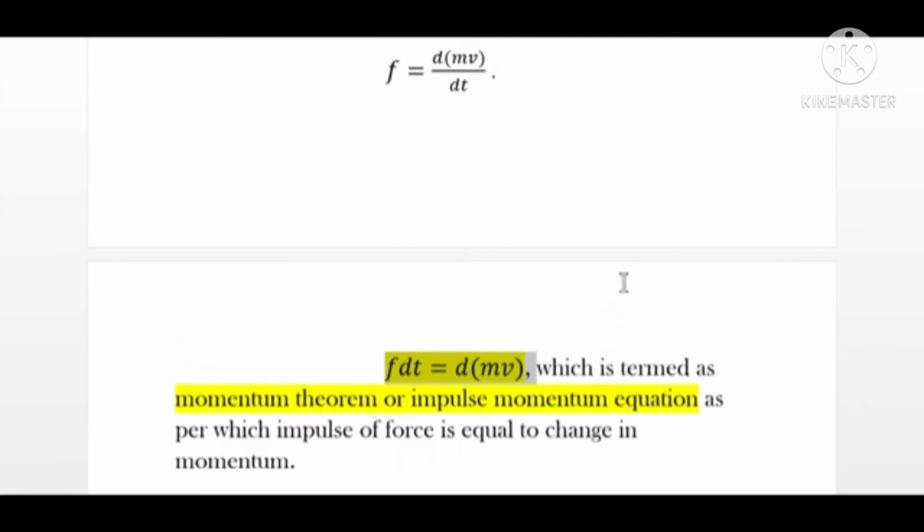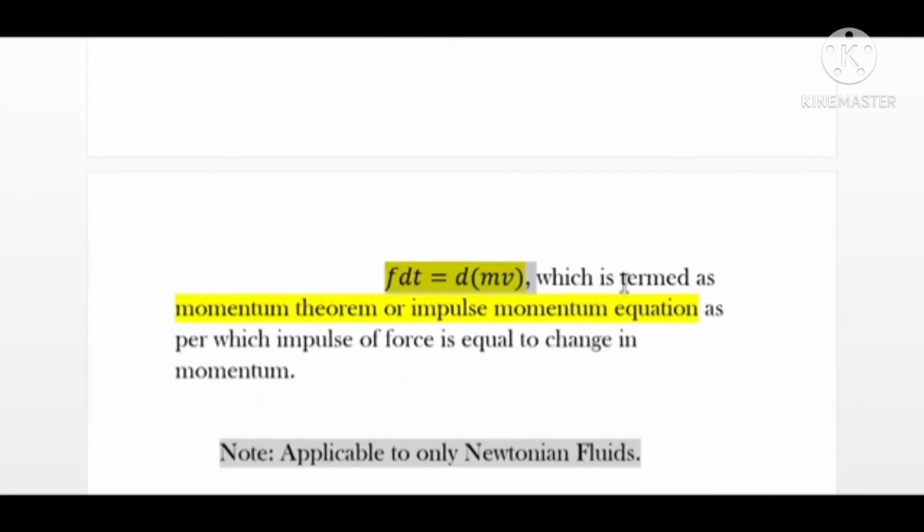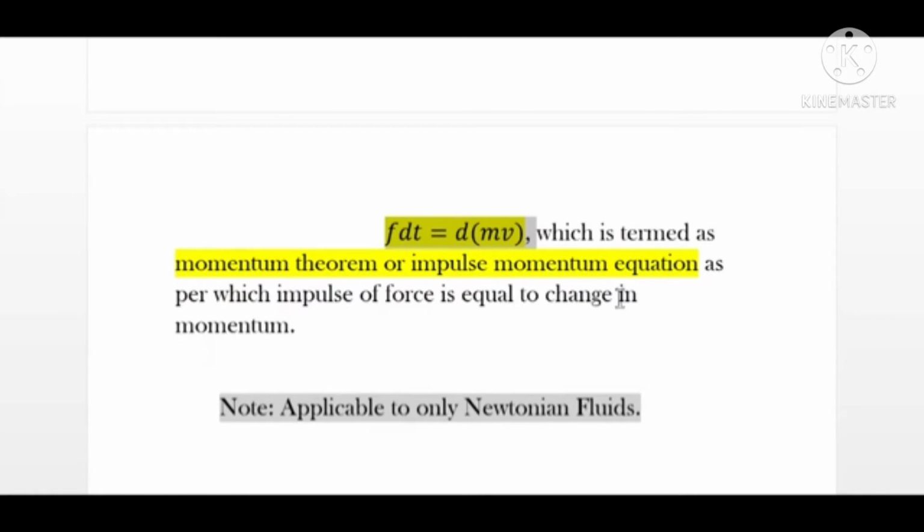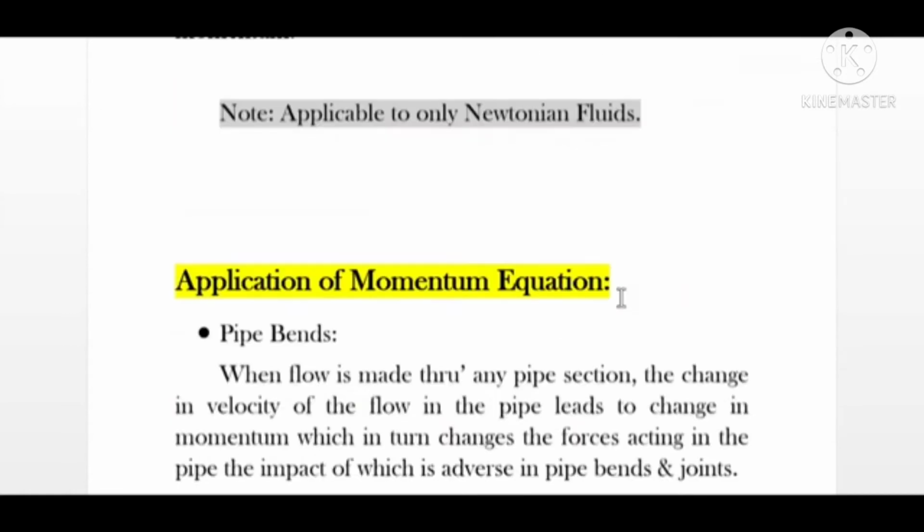That is, as per our momentum equation, इम्पल्स जो आपके सिस्टम पे लगने वाला है दैट विल बी इक्वल टू चेंज इन मोमेंटम। जो मोमेंटम इक्वेशन हम अप्लाई करेंगे इन फ्लूइड्स, आप ख्याल रखिएगा दैट दिस इज एप्लीकेबल टू ओनली न्यूटोनियन फ्लूइड्स। नॉन न्यूटोनियन या कोई और किस्म के फ्लूइड्स के लिए ये एप्लीकेबल नहीं है। दिस इज एप्लीकेबल ओनली एंड ओनली फॉर न्यूटोनियन फ्लूइड्स।